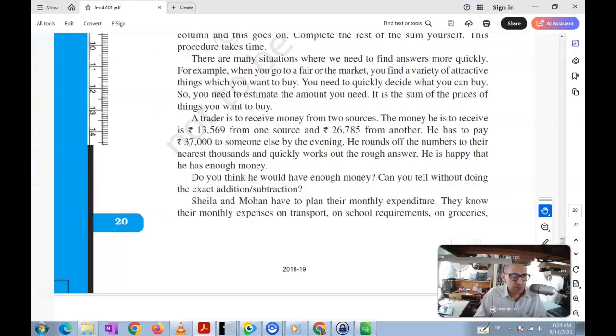But for example, the way that I do this calculation quickly in my head, I would say basically, okay, so I have 13,000 over here and 26,000 over here. That's essentially a 13 and a 26 is 39. So far I have 39,000. I have something over 500 rupees over here, and somewhere around 700 or 800 rupees over here, so again above 500 rupees. So 500 rupees plus 500 rupees would be essentially 1,000 rupees, and over here we have